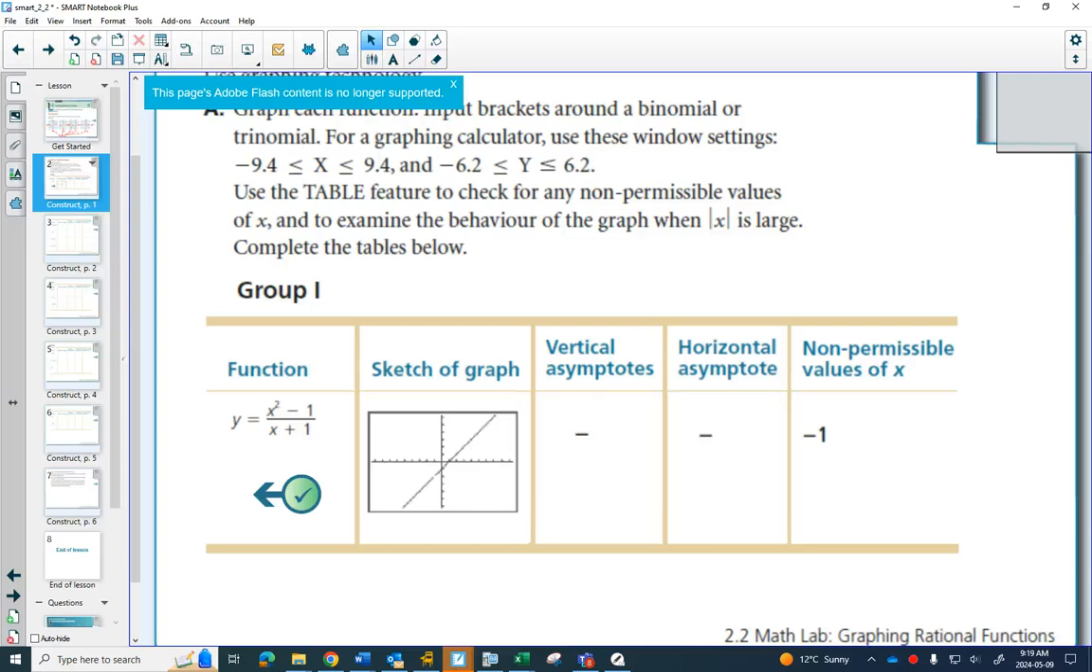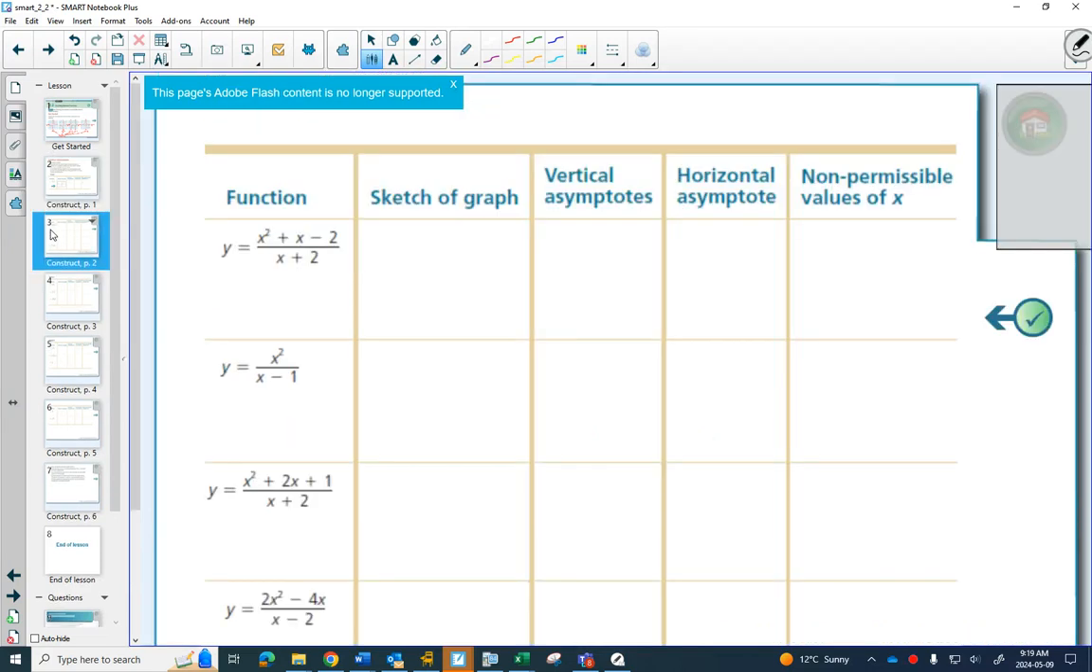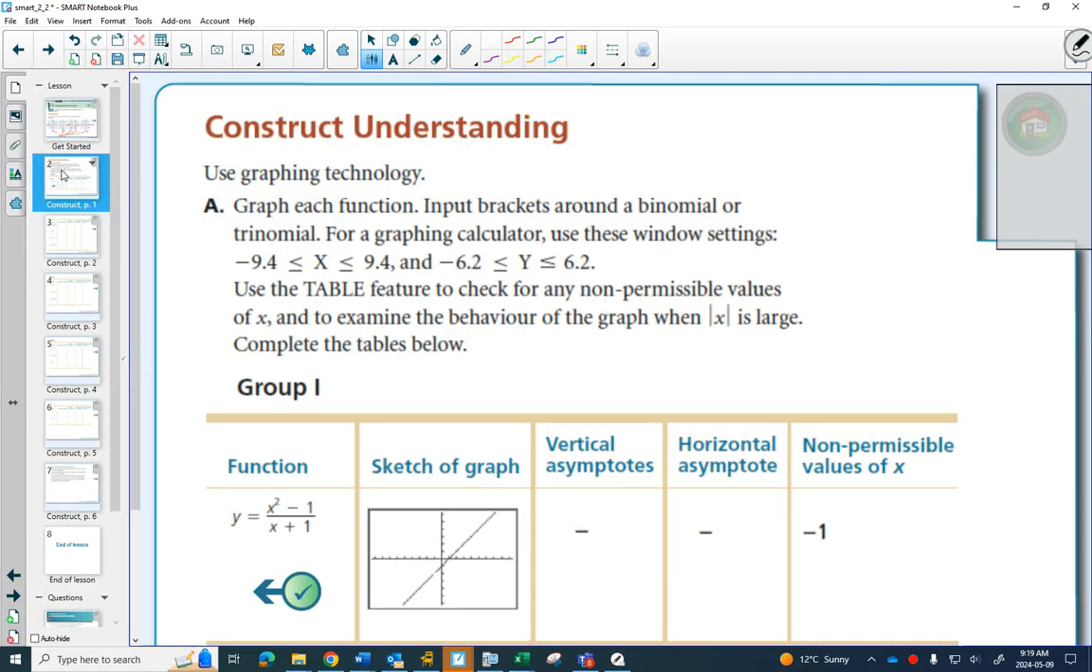And we're going to look at group 1. And all the graphs in group 1, hope you all notice that they are all parabolas over lines. I'll write lines as mx plus b. And we're going to notice in group 1,